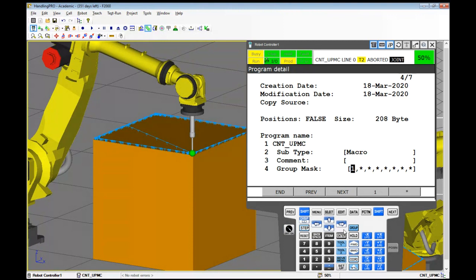Exactly. You have to hold down the shift. You also have to hold the dead man also, right? But you have to hold down the shift. And so what this group mask with a 1 here says is that the first 9 axes, which of course